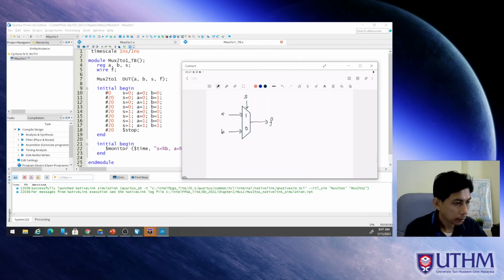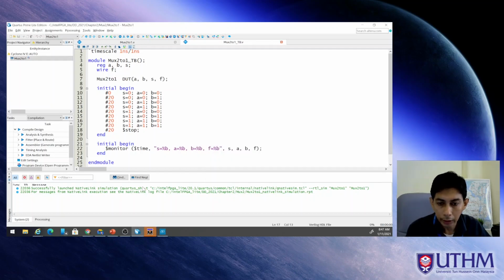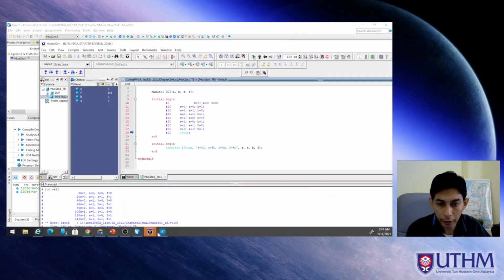For any logic circuit, if we have three inputs like this, the possible input combinations will be up to 8 combinations. So here we have 8 combinations from 0, 0, 0 to 1, 1, 1. So we test all the combinations that are possible, right? And when we run the simulation,